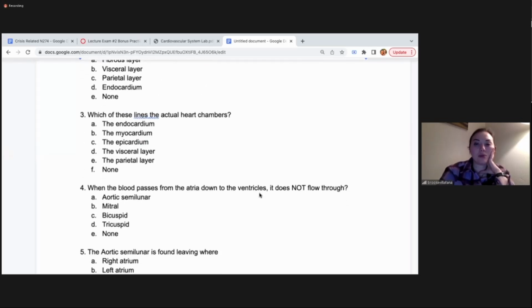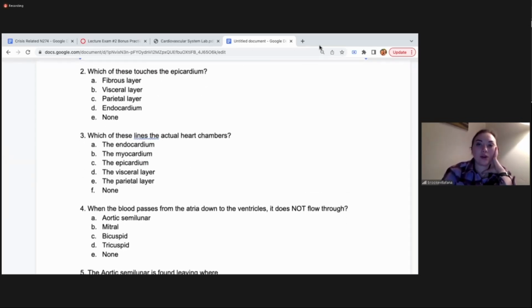I did quite a few about the heart layers because I thought they were kind of a weak area. So which of these lines the actual heart chambers? Good. So the endocardium, that's the one that lines the actual heart chambers, right? That's the one that keeps those lined. Good. All right. So number 4, when the blood passes from the atria down to the ventricles, it does not